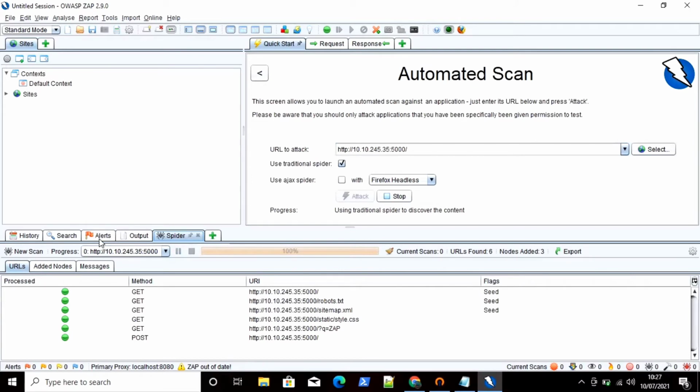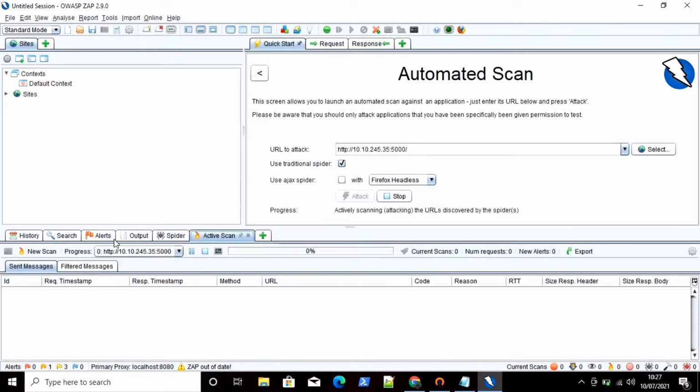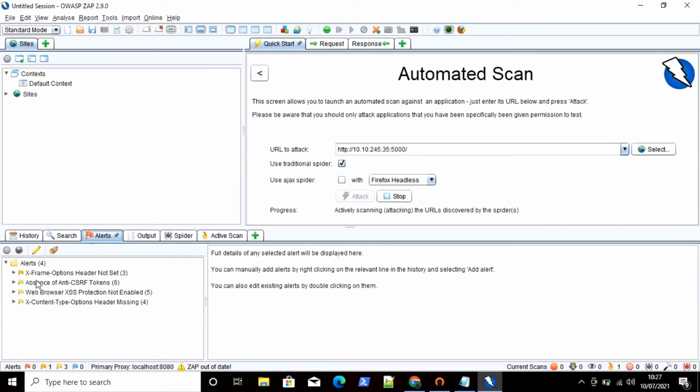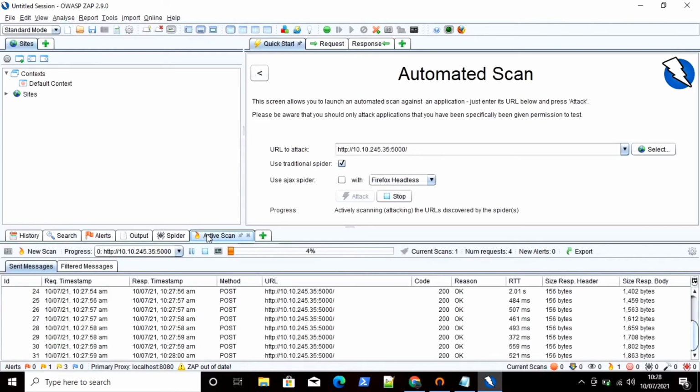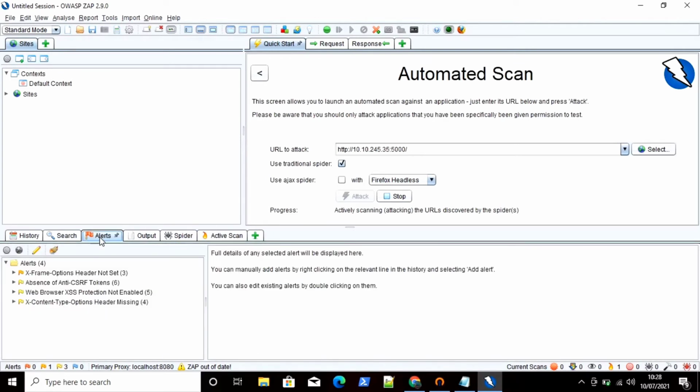If you want to find vulnerabilities, you can just go to alerts. Here you can see it is showing all the vulnerabilities present on our site. This site is still in scanning mode, that's why it is not showing all the vulnerabilities. So just wait until the active scan result is completed. Okay, so there are currently 4 alerts and no cross-site scripting alert is showing. So just wait for some time, it will start showing how many cross-site scripting alerts are present.